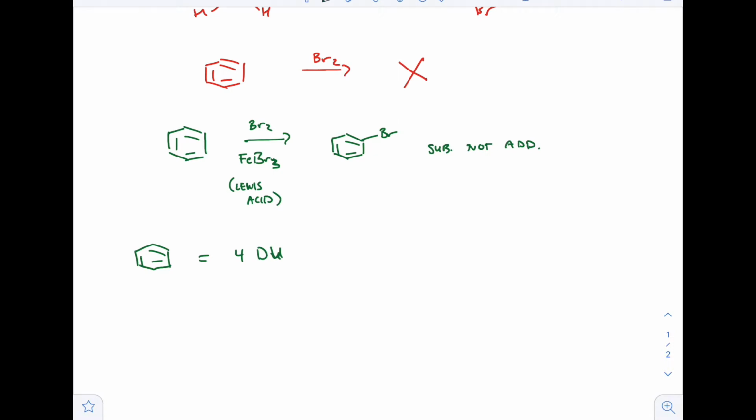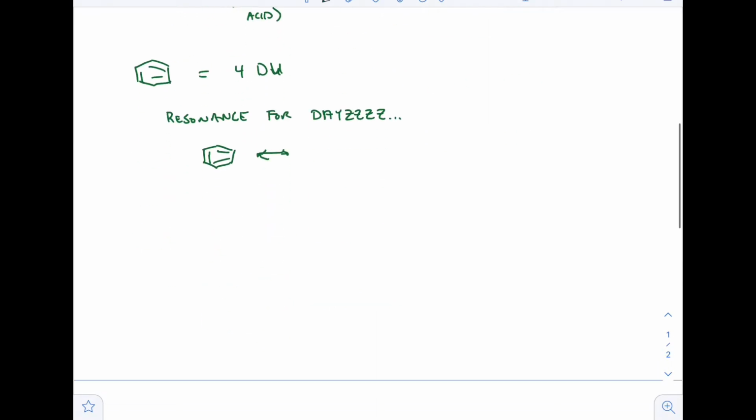But we also know that benzene has 4 degrees of unsaturation. We've done this plenty of times, so we won't do that. And it also has resonance for days. Remember, we've got 3 pi bonds in there. Let me draw this better. If we drew arrows to draw resonance structures, we can really just go in circles over and over and over again. And if we were going to draw a hybrid structure,